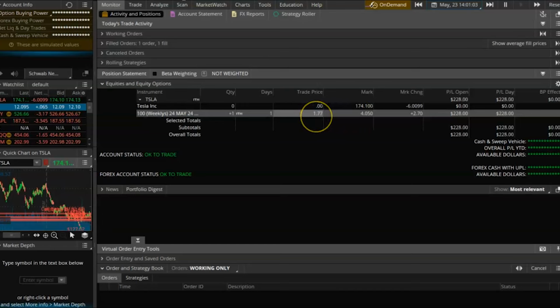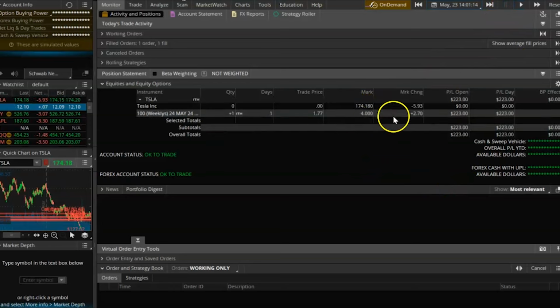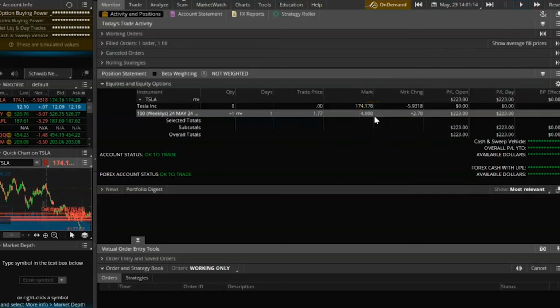$402. So went in at 177, and by just taking that move, let's say if I was to exit at that 400, I would have made $223 per contract on this one move. So, for example, if I had 2 contracts, I would have made double that. If I had bought 10 contracts and invested $1,700, I would have turned $1,700 into $4,000 by following this simple strategy. And in a sense, I would have made